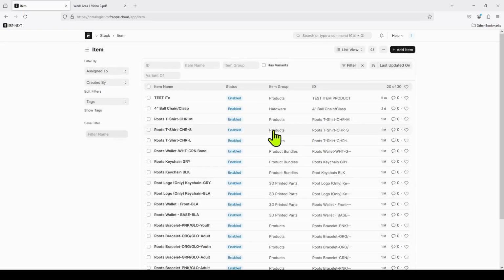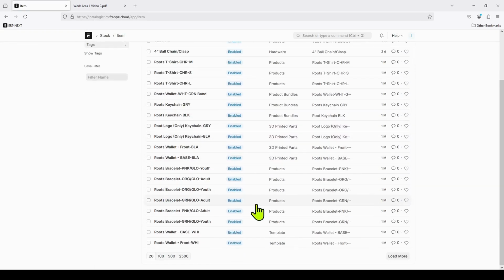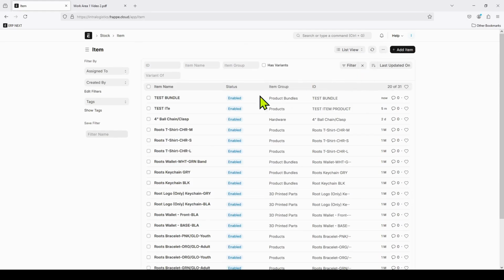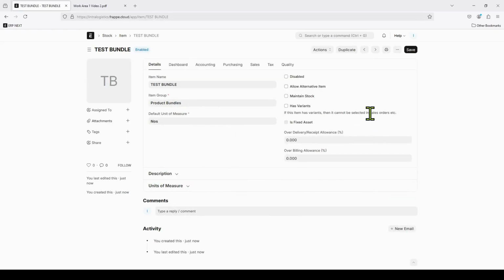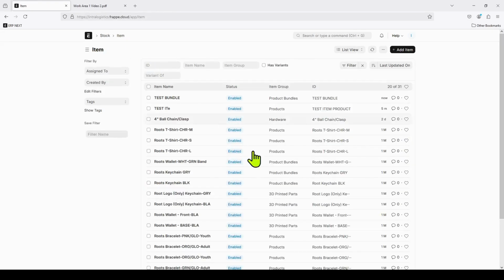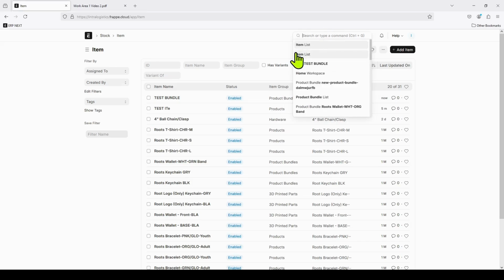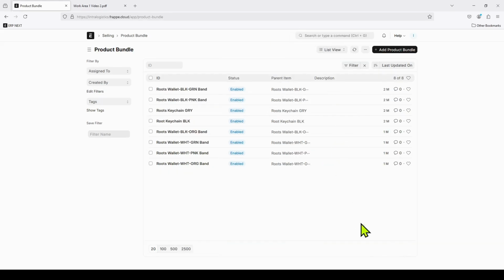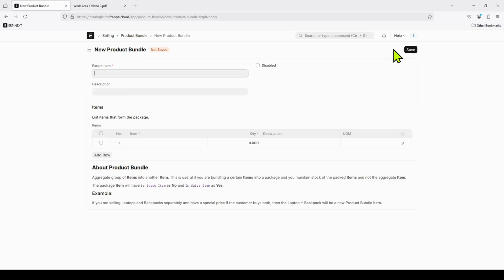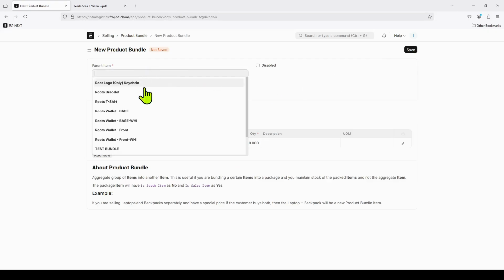So I hit save. You'll see here, my test bundle is now here. So if I go to test bundle, I can go from there. You can see that item is there in my item list, and I have it in the group product bundles. But to make it a product bundle, I then must go to the product bundle list. Okay. From here, I have to add a product bundle and select the